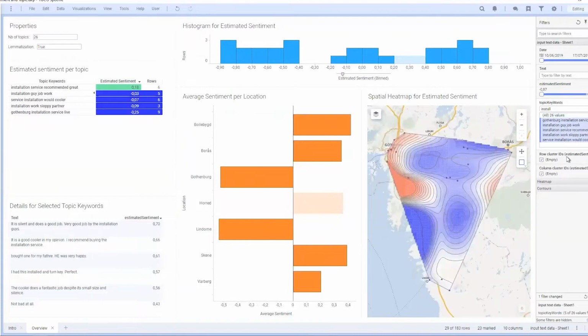you can then see here in the bar chart the average estimated sentiment for the location Göteborg and Lindholm, and actually they are far lower than it is for the others. And you can see that on the spatial heat maps too. It actually shows that it's around Göteborg, right here, that the sentiment is worse about the product or the company. So that was a quick example of using a Python data function in Spotfire to try to make sense of